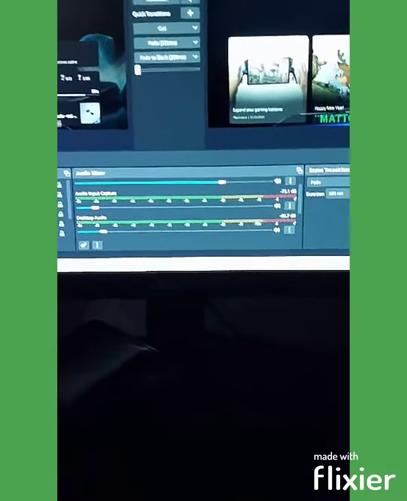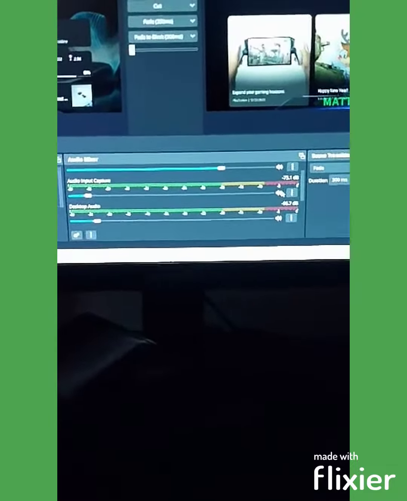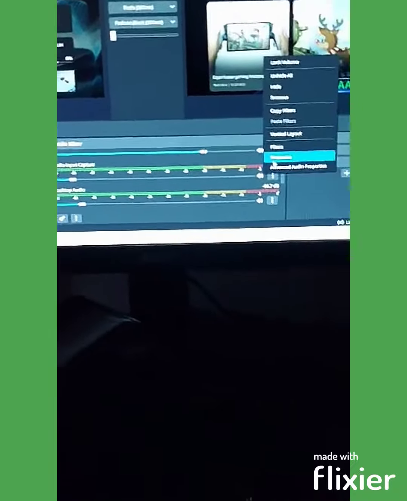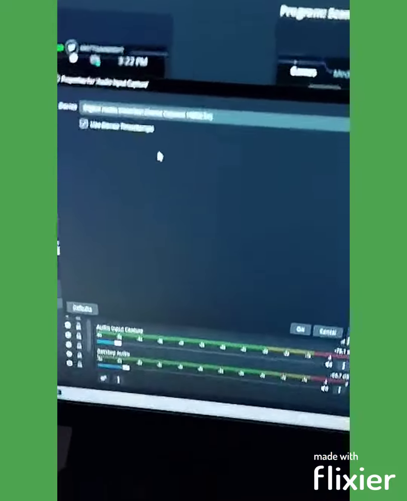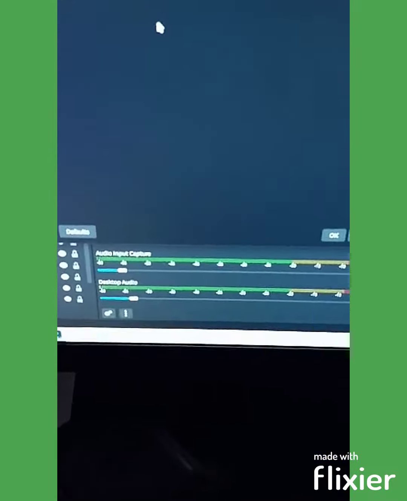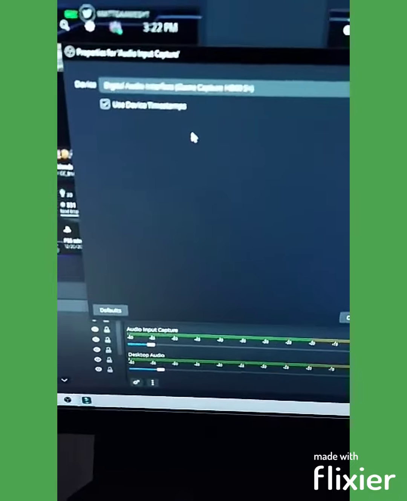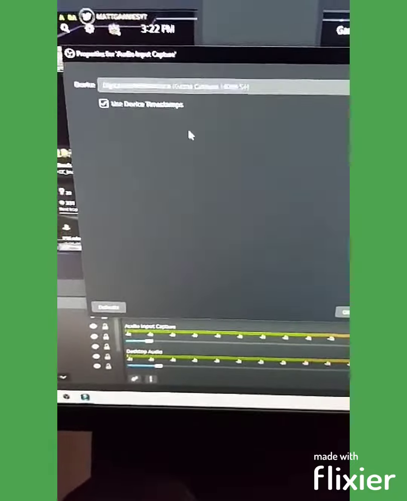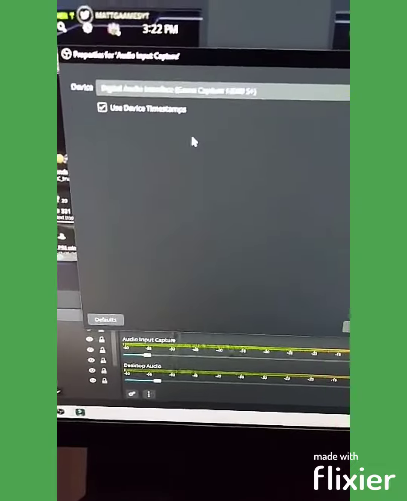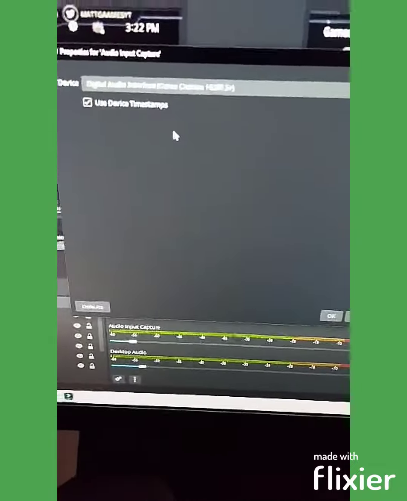But what you're going to do is right click on your input capture, hit properties, sorry, I was going to screen record this, but it wasn't working, so excuse the camera. But you're going to go to device, hit your capture device that you are using, and press